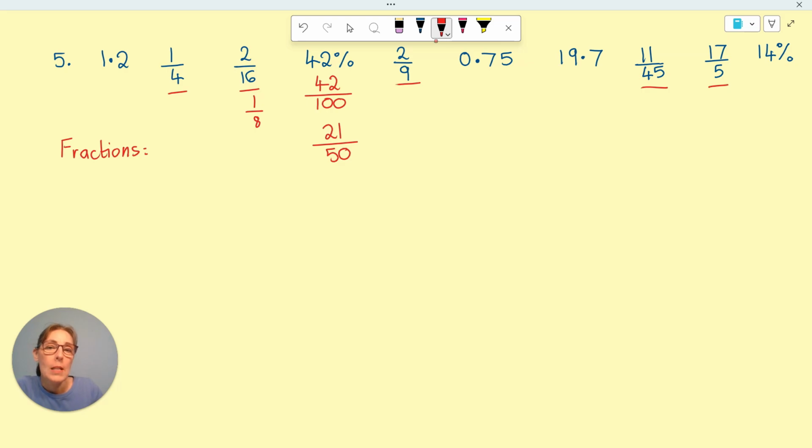All right, so 14% is going to be 14 hundredths. And because they're even, I can say that's 7/50ths. So I've actually quickly done 1, 2, 3, 4, 5, 6, 7, and I've only got 3 left. Now,